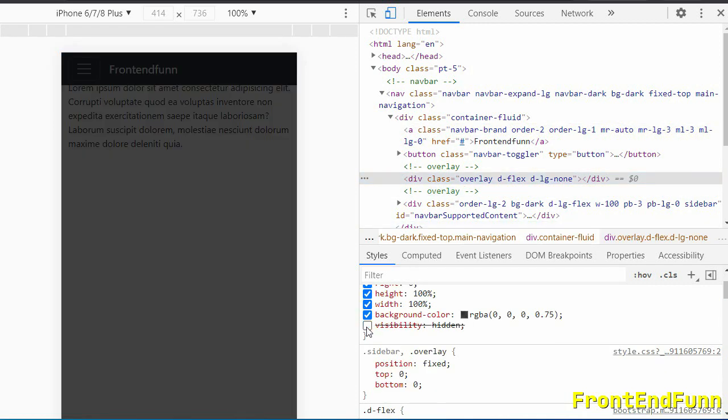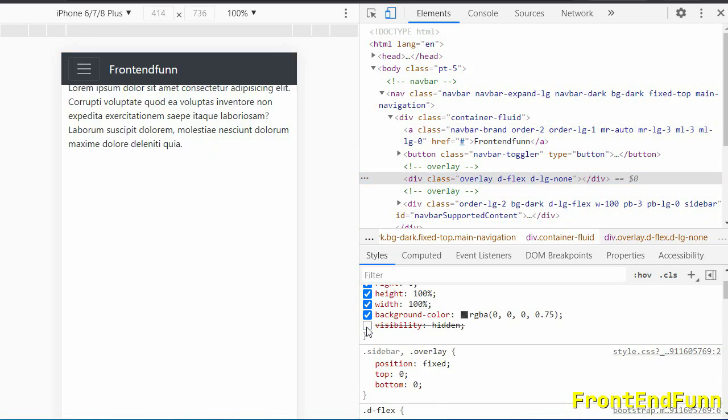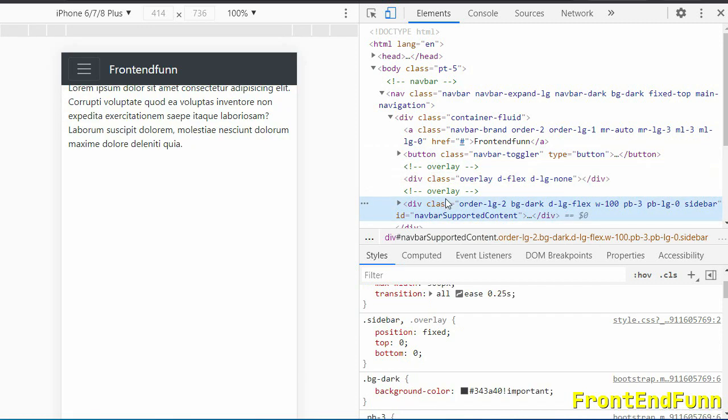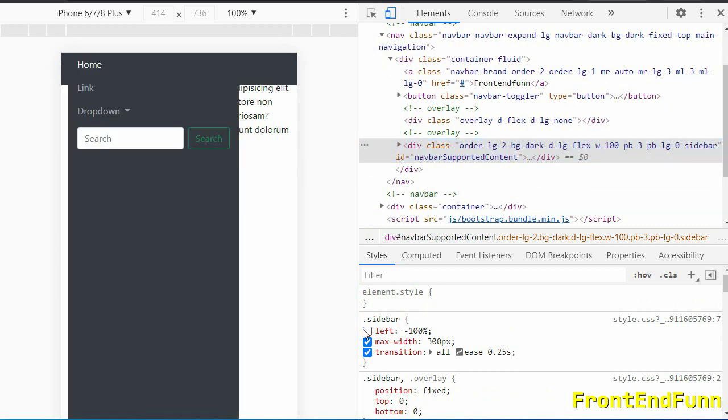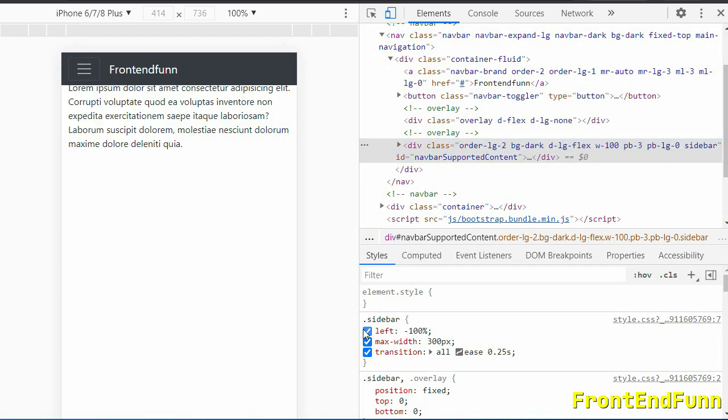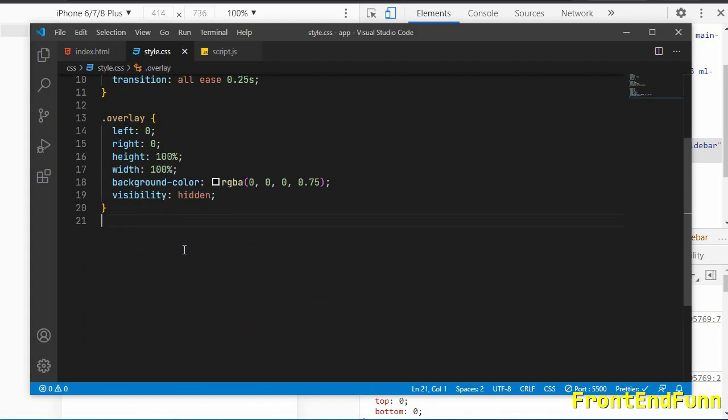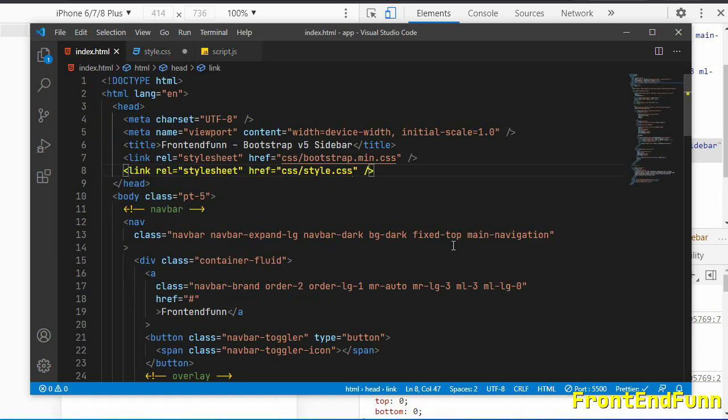So when I toggle the visibility, as you can see, it is covering the screen here, and similarly the sidebar is left 100%. So we are going to animate this based on the active class. So I'll be adding the active class to the main navigation, that is on top the navbar.